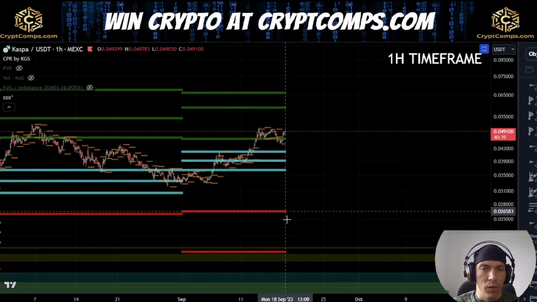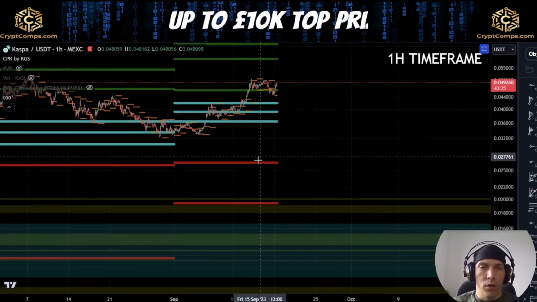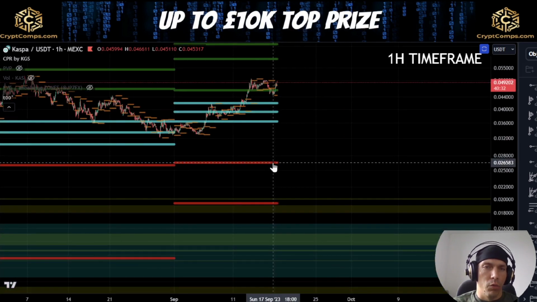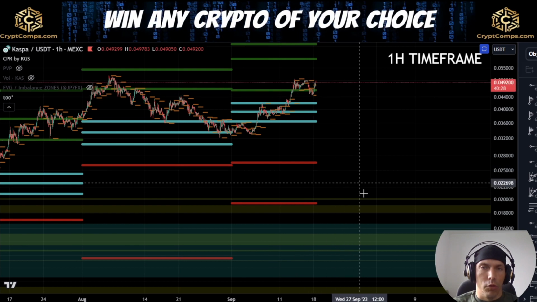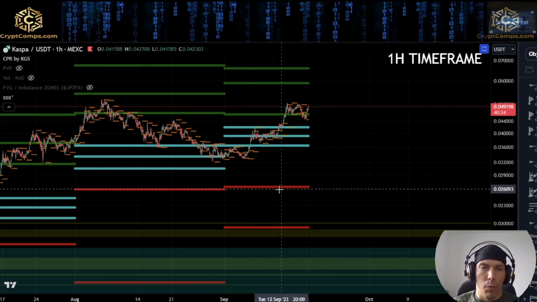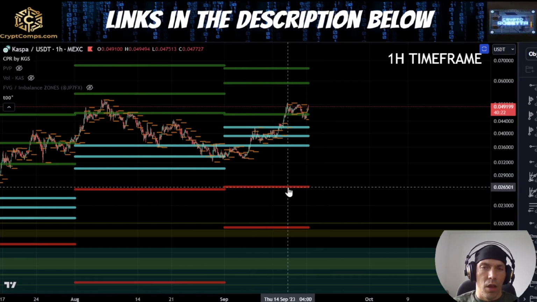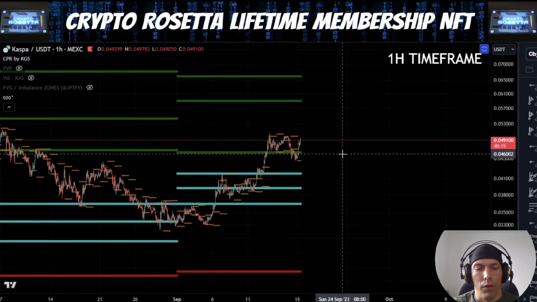However, if we start to lose these, we could actually come back down here and look to retest some of these lower levels. If we start to lose this S1 line, the probability starts to become that we're going to be getting a much deeper retracement here, because typically speaking, when we're in a trending move, we don't really want to see price losing this S1 line, which is sitting at this 26,501. So we're going to have to keep an eye on this over the period of this month and see how we interact with these different levels.